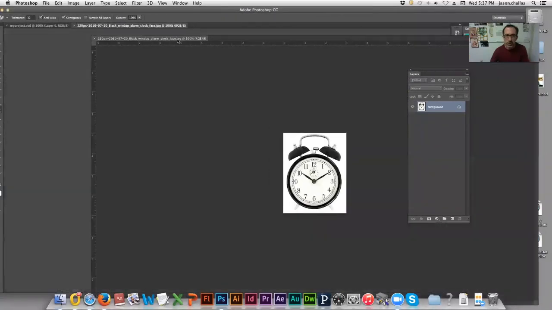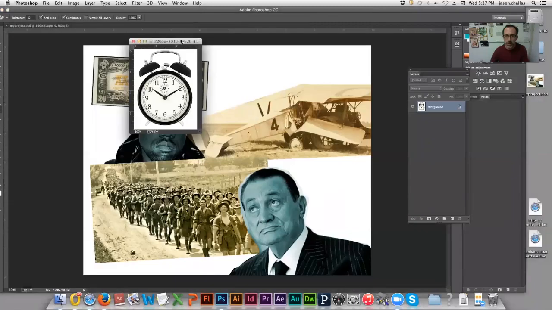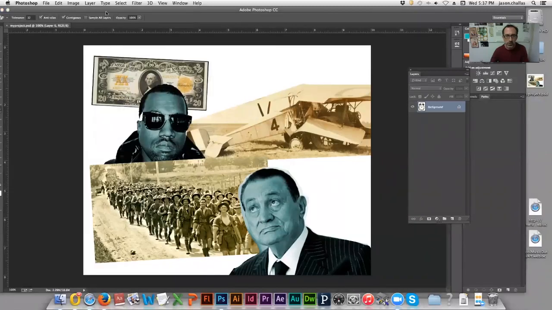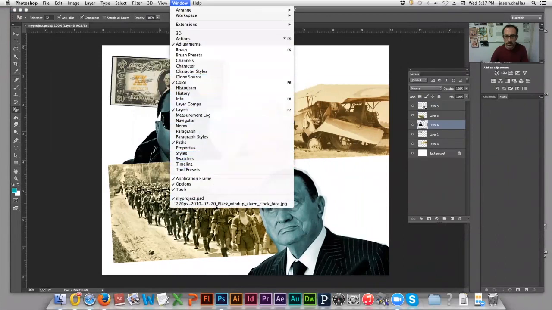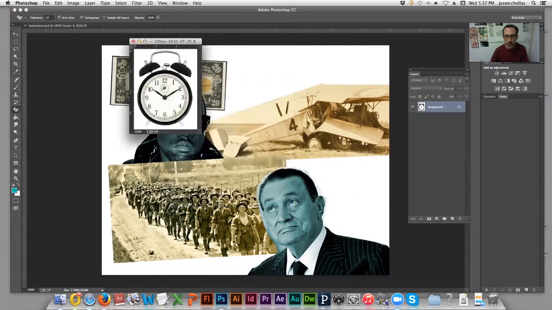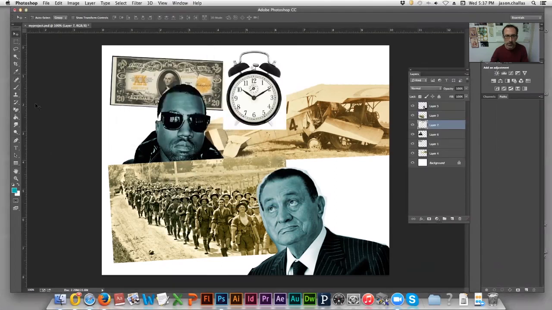Another way to move the images together is you can drag the tabs apart. The problem when you do that is now I've lost my clock behind the other ones, so I can find that in the window menu. Then I'll use the Move tool to move the pixels of the image from one into the other. Again, using the magic eraser